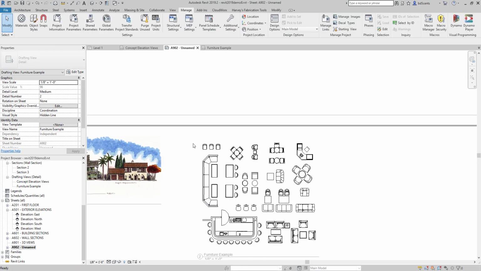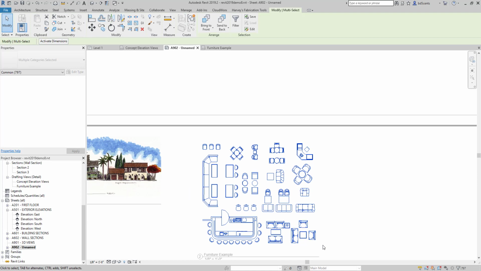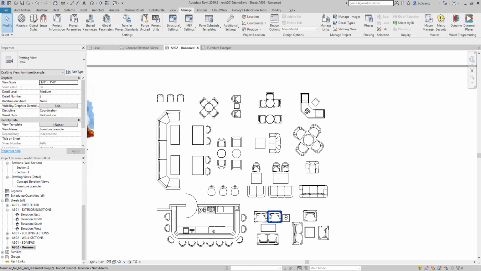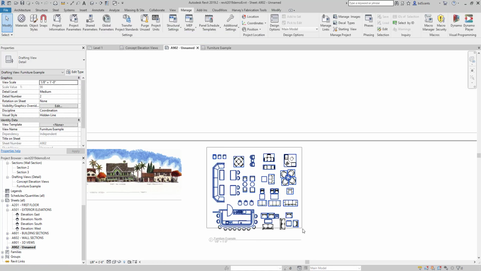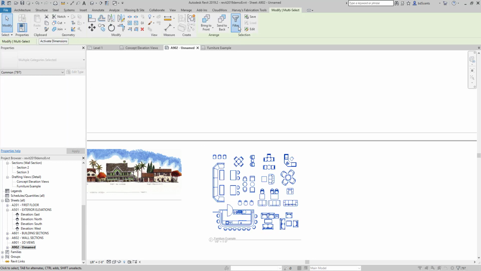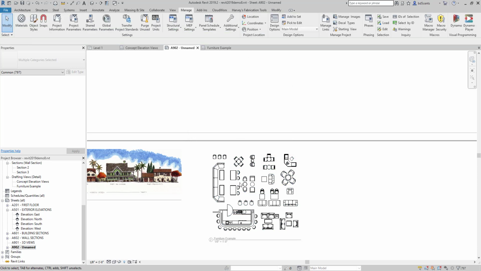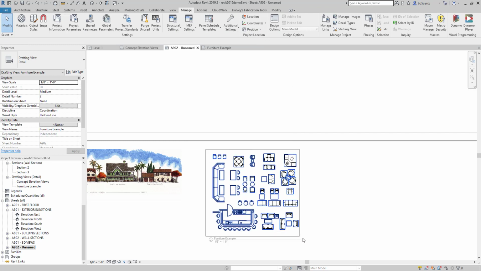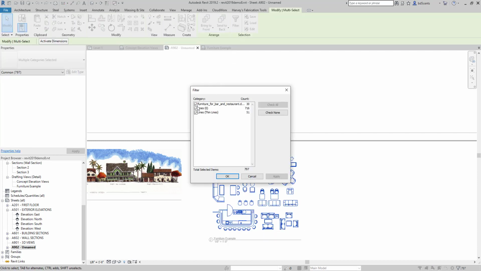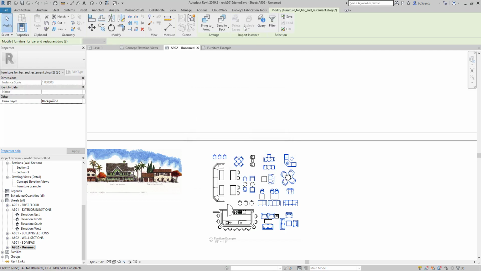Now I could change all of these at once. Notice that these are still blocked out. That's because you probably need to explode again. So we're going to filter to see what's here. We have some lines, we have some thin lines, and then we have this DWG still. So what we could do is select filter, turn off these lines, hit apply, hit OK, and now